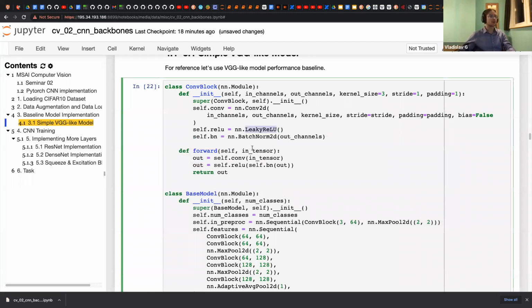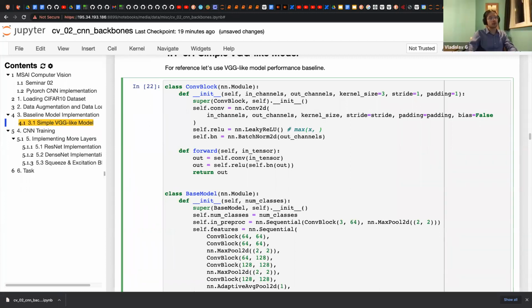So do you remember what the leaky-relu is? So, someone? It is a maximum of x or some small coefficient multiplied by x.